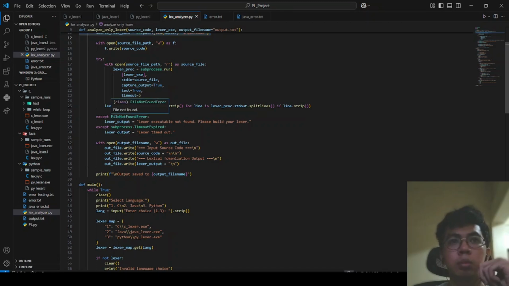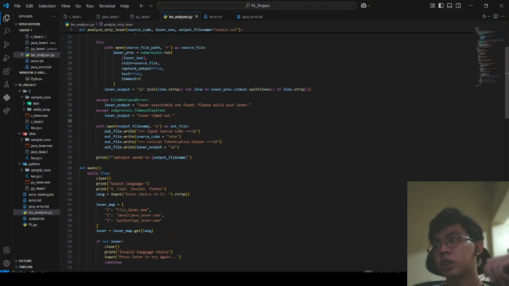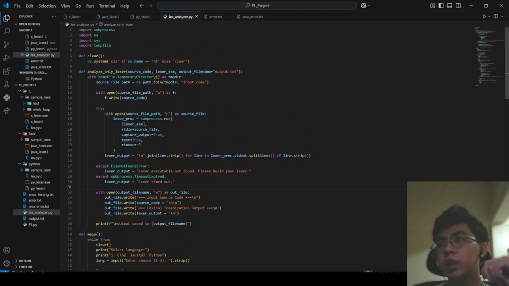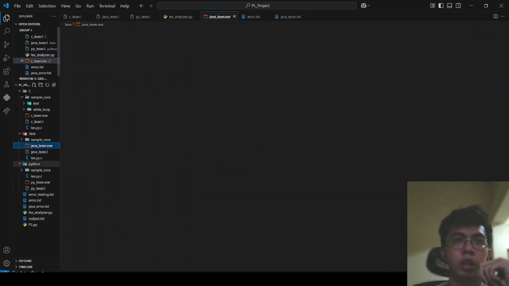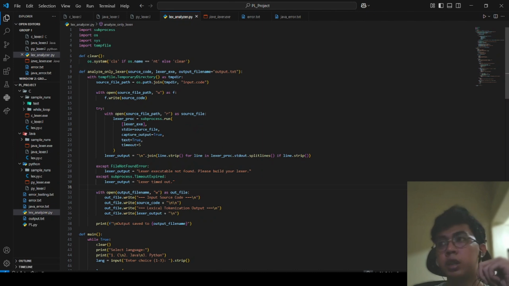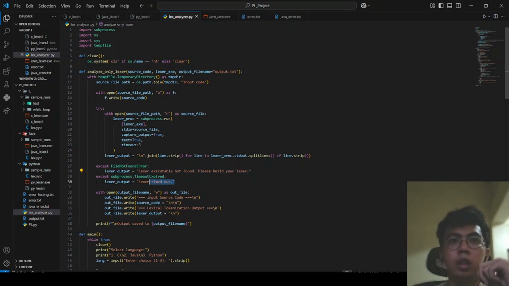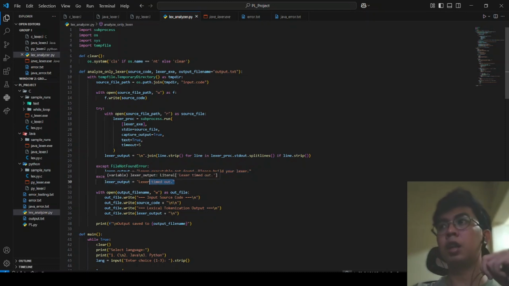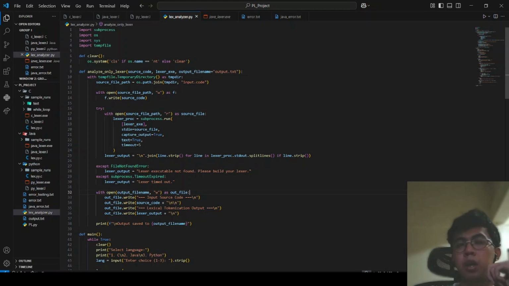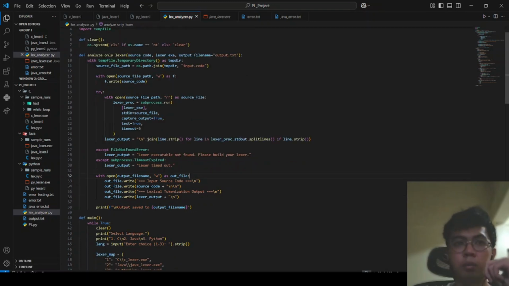Then the output will be updated here. If these lexers are not available, it will just flag it: lexer executable not found, please build your lexer. Or if the lexer has encountered an error, it will just print the error but not break the actual program.